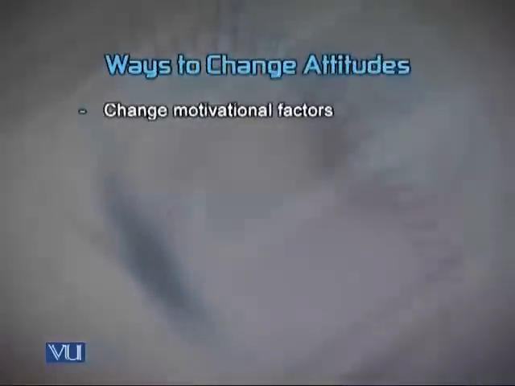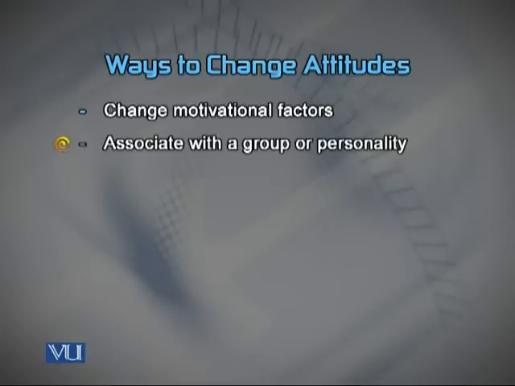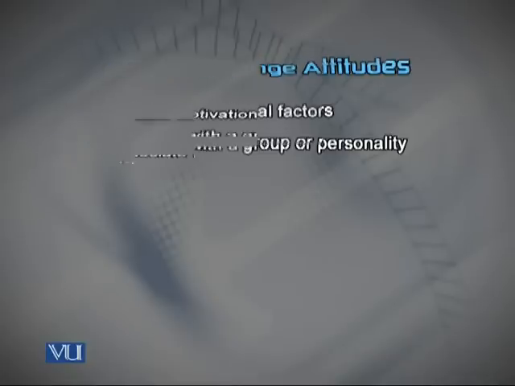Now, before we go into the two very strong models which have further components, for example, change in the motivational frameworks or change in the attribute, the multi-attribute model, we will take a look at those two frames that will be simple but very commonly used. Now, one of the frames is what I talked about, the associative model, which tries to link the object or the product with a group, with a cause, or with a personality. And the assumption is that this linkage will create a positive attitude.